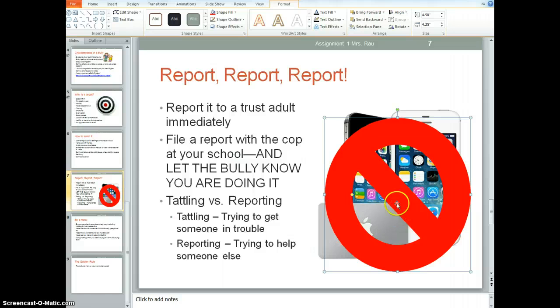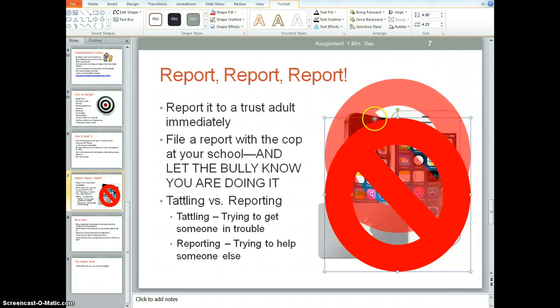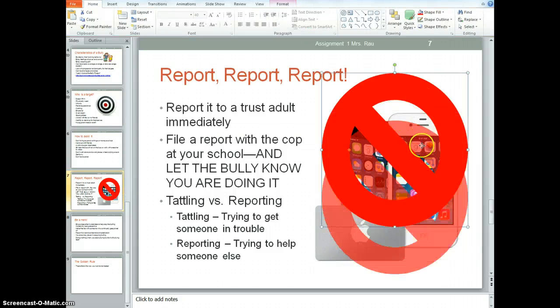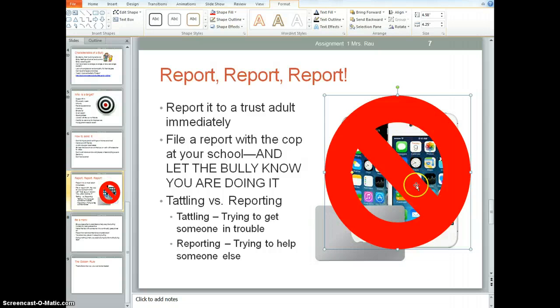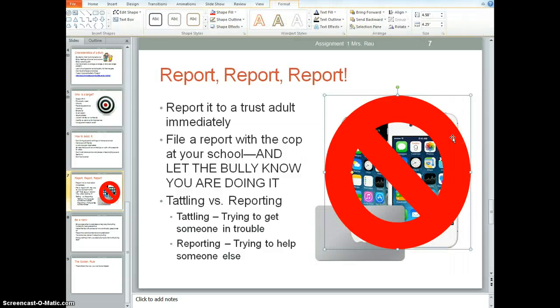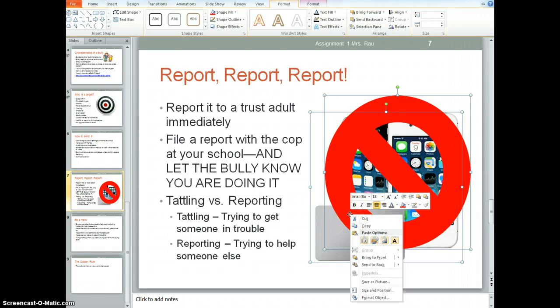Next, what you're going to need to do is group these together. So if I move this right now, these two are independent of each other, and we want them to be the same. So to be able to select both of them at the same time, I'm going to select the first one. Now I'm going to press the Control key so that I can also select the second one at the same time. If I click on that,